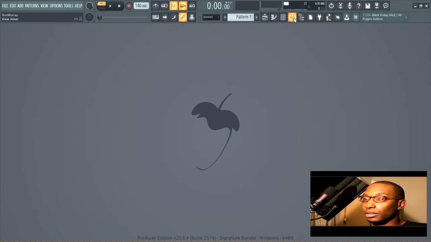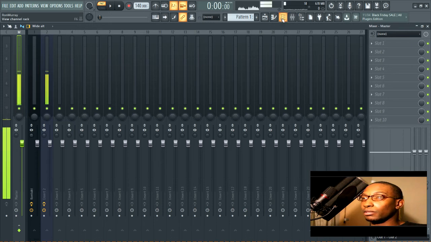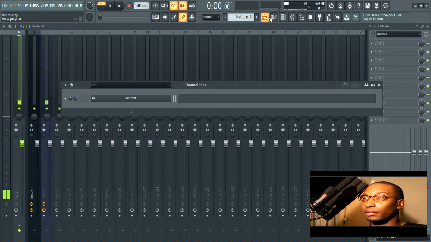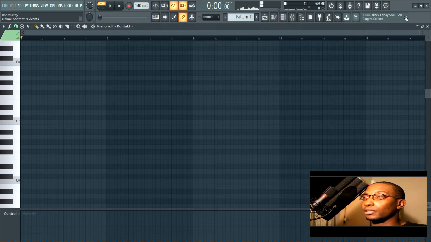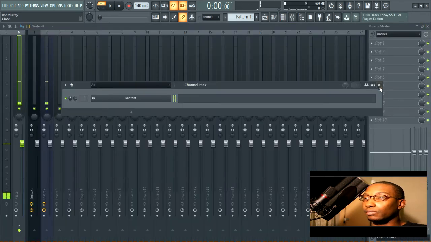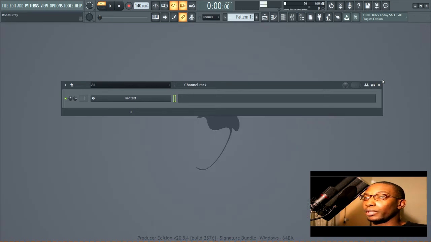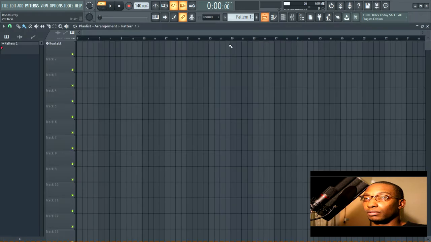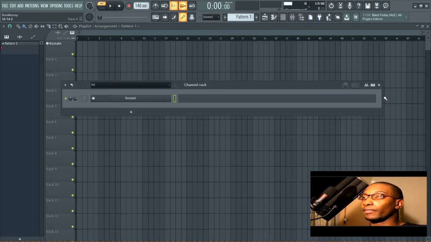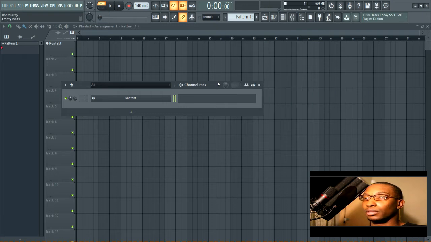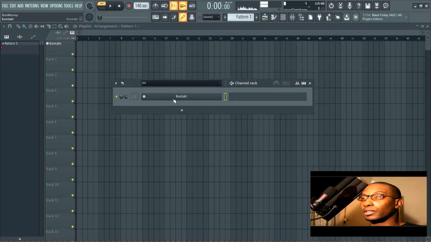So, check this out. There are several ways to think about it, and here's usually what I think about when I am setting up projects now. So you've got the mixer track, you got the channel rack, you got the playlist. So we're going to start by talking about the playlist first. So obviously, on the channel rack here, it shows whatever plugins you've instantiated, and you will notice that,